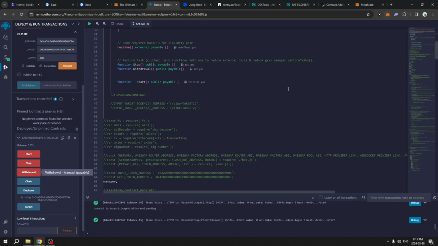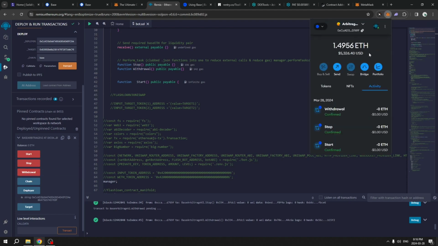Awesome. So now that we've done that, let's go ahead and check out exactly what kind of profit we've earned. Now that our withdrawal has been activated, we can go ahead and check out exactly what kind of profits we've made. Whoa! And just like that, we see the quick profit. So we put in an initial 1.02 Ethereum liquidity on Base chain, and we ran this for approximately 5 to 10 seconds, and now we have